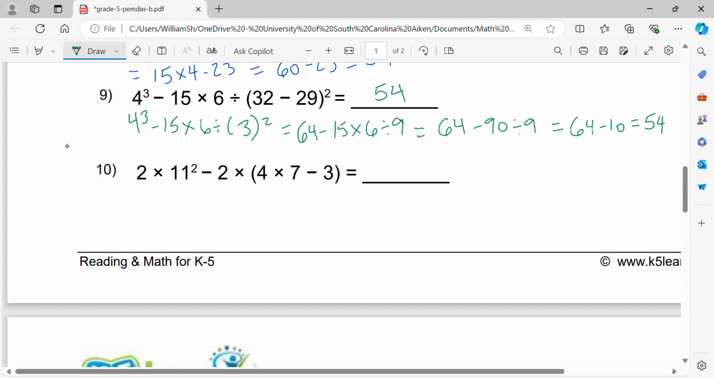Alright, last one. 2 times 11 squared minus 2 times parentheses 4 times 7 minus 3. Going to do the parentheses first. I'm going to leave everything else alone for now. Alright, inside the parentheses, I got to take care of the multiplication first. 4 times 7 is 28. Then minus 3. Now I'm going to take care of this subtraction inside this parentheses. 28 minus 3 is